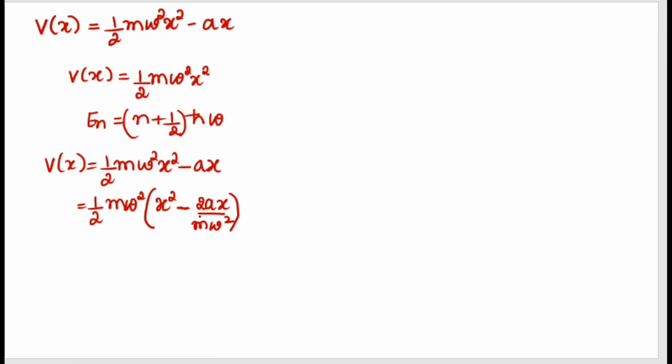From here I can write it in the form of (a minus b) whole square. On comparing, I find a is equal to x, and b is obtained from 2ab: 2 times a is x, so b is a divided by m omega square. Why I am writing like this: I want this term in the form of the (a minus b) whole square formula. So from here I got a equal to x, b equal to a divided by m omega square. So this equation I can rewrite it as half m omega square times (x